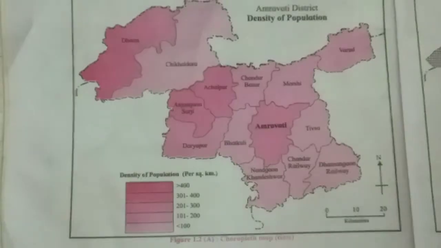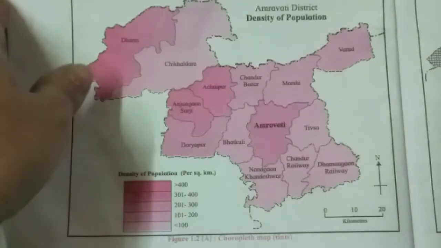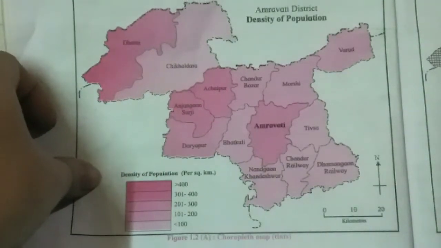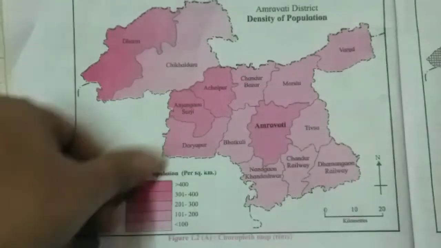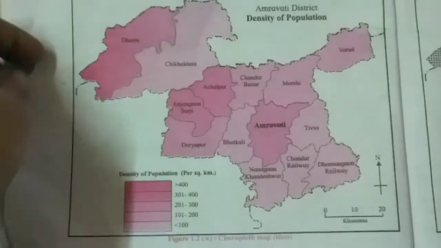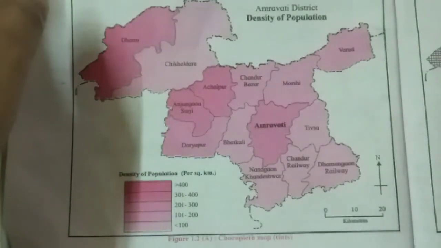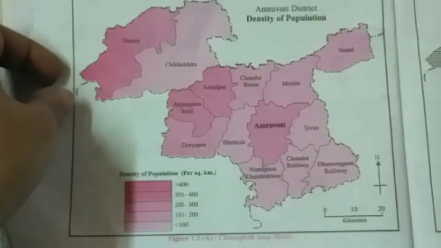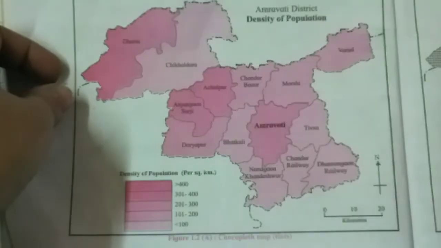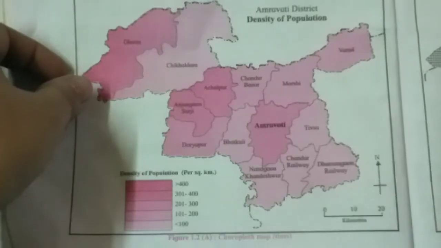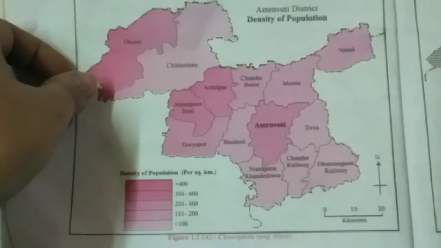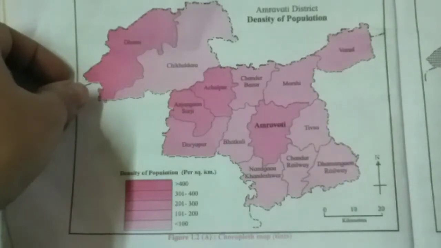After dot method map, we will study this choropleth map. In these maps, the data regarding various geographical variables is shown by shades or tints of various colors. So you can see here various colors. While making such maps, the data used for different variables is obtained through various processes such as measurement, surveying and so on. In this method, only one value is given to one sub-administrative unit in a region. The smallest and the largest values of the given data of the variable are taken into consideration.